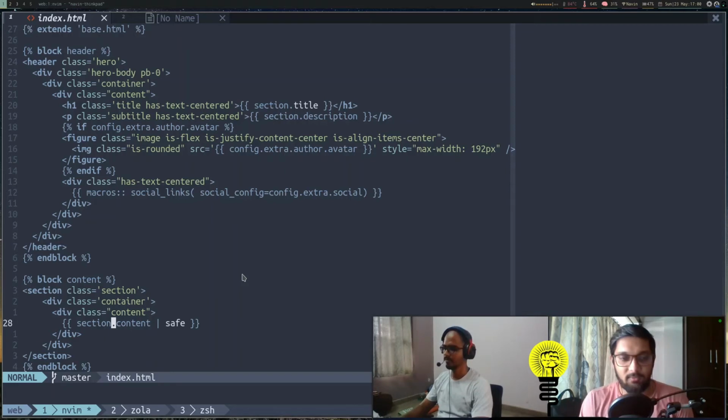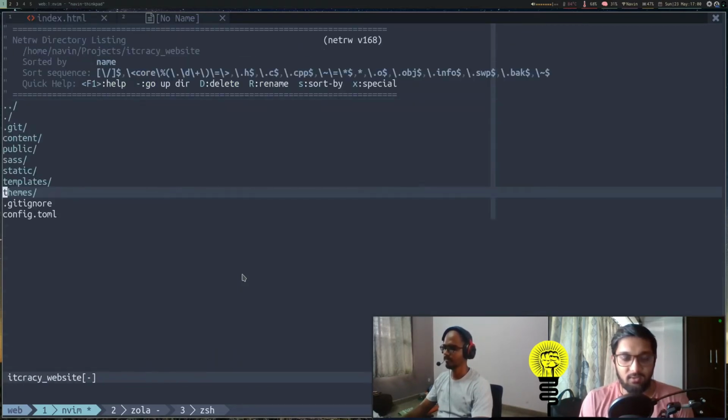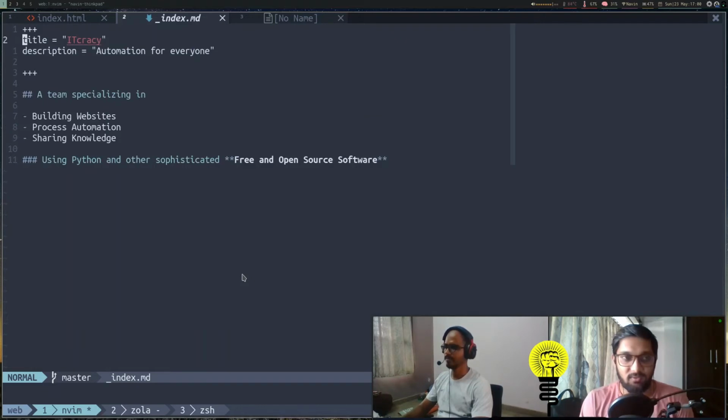It is a special type of variable. If you remember, we had told you that inside our content directory, if we create an _index.md page, it represents our main page, or the home page content that we want. If you go inside this _index.md page, we see some text, some markdown written after the triple pluses.